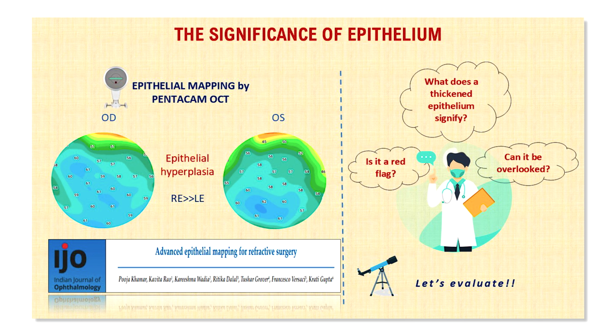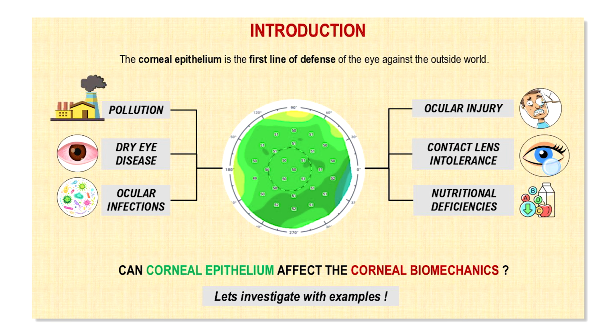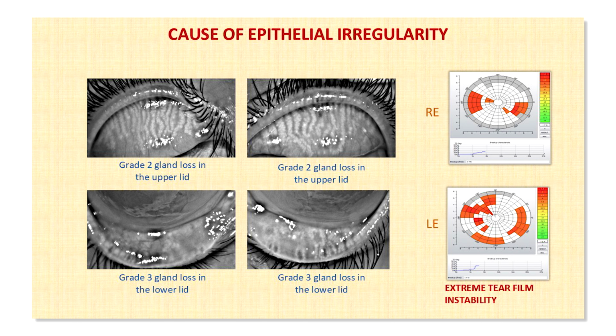A lot of people walk or use two-wheelers in our countries, or they are in a highly polluted environment. A lot of people have a history of dry eye disease. They are chronic computer users, with past history of ocular infections, or a chronic history of contact lens wear. If they have one of these positive histories, it could have impacted the corneal epithelium, which will not impact the biomechanics, but the biomechanics will be normal.